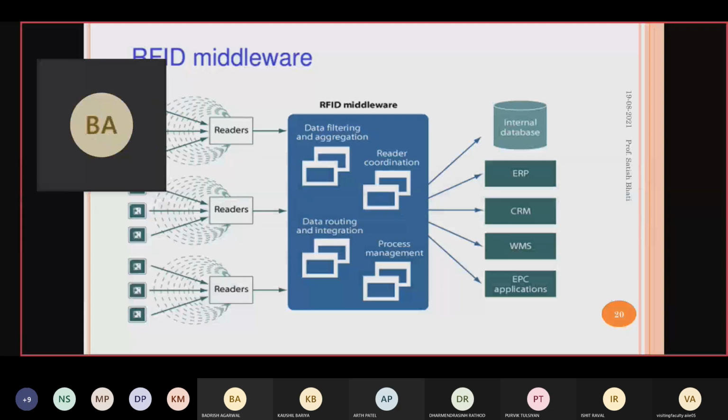So these all are kinds of business systems. Then WMS, the warehouse management system. Then this EPC is an electronic product code kind of application. So once your RFID middleware does the functionality depending on your application, it will provide the process data to the different applications.